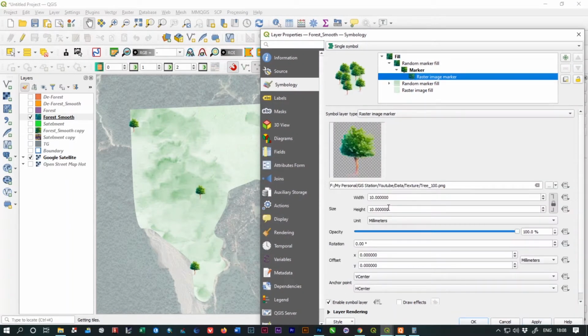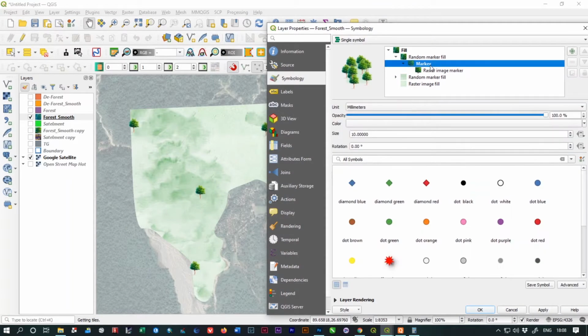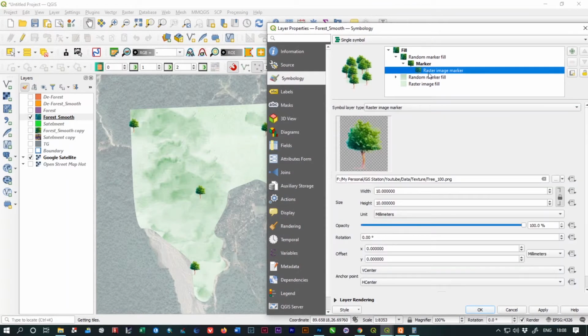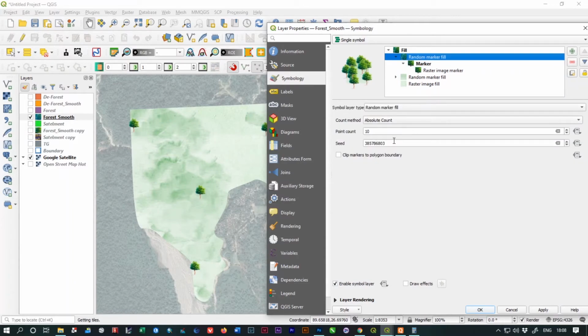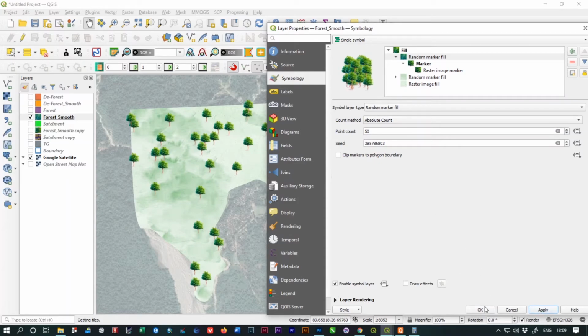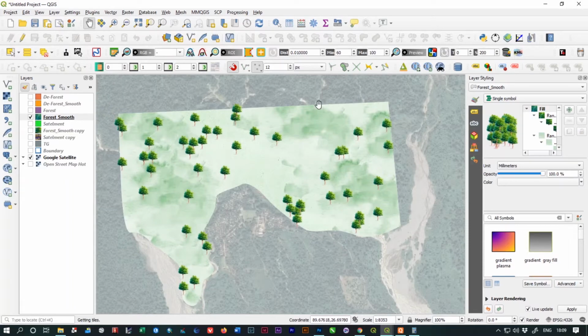And now I'm going to increase the quantity of trees. So I'm going to give marker quantity, the point counts, 10 to 50. I think 50 works well. Okay, 50 is fine. And now we are going to add some shadows around the boundary, so it gives a